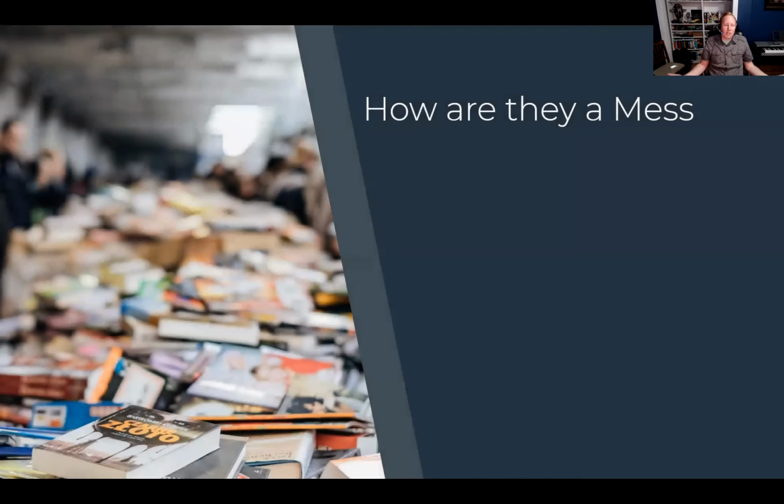So first, let's talk about how media queries are a mess. Some people look at me like I'm crazy when I say that. Some people will fight with me a little bit, but it's hard to argue with these points. First one is there's no organization. This is an issue I have with media queries,